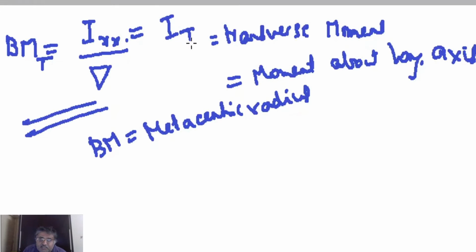Transverse moment of inertia is the moment of inertia about a longitudinal axis. The reason for it being called a transverse moment of inertia is that distances are taken from the longitudinal line in the transverse direction. So it is known as the transverse moment of inertia about the longitudinal axis. This again comes in very big detail, so I'll go into that at that time. So right now let us go into this derivation.